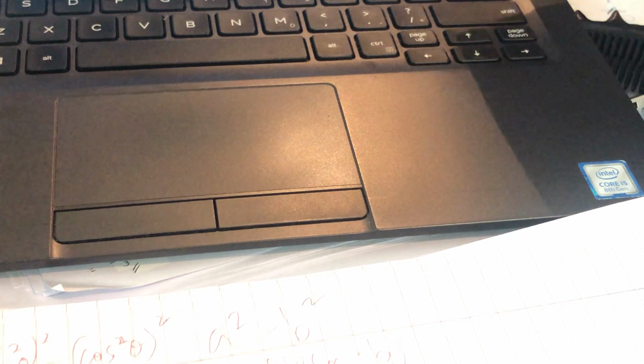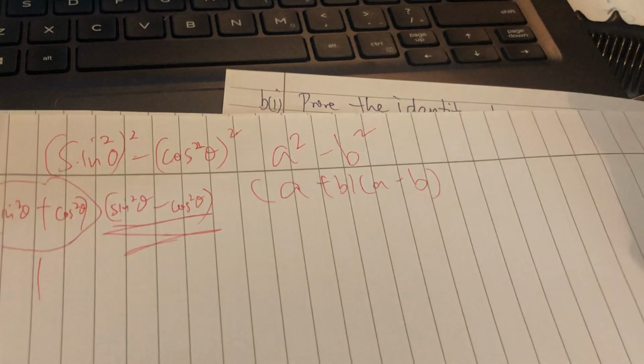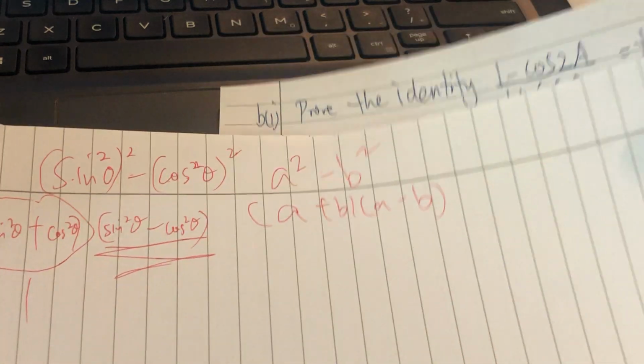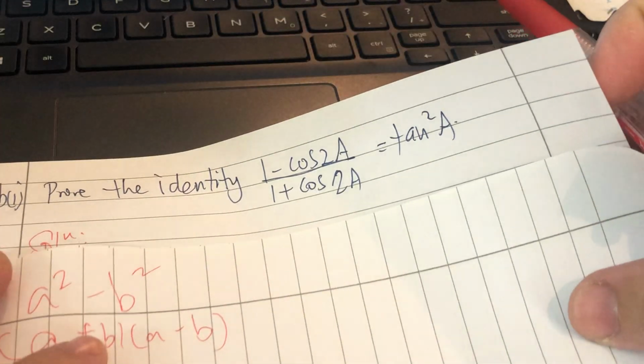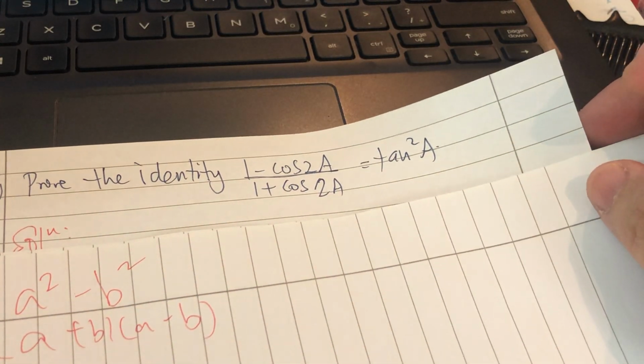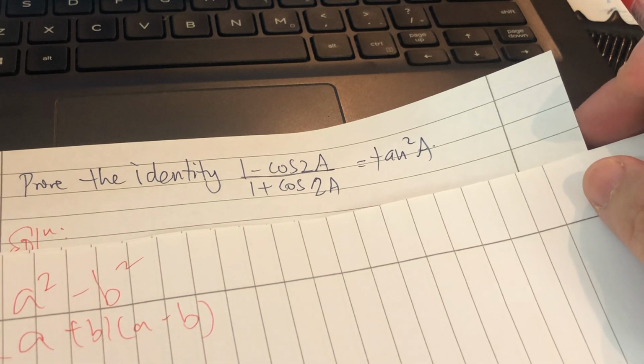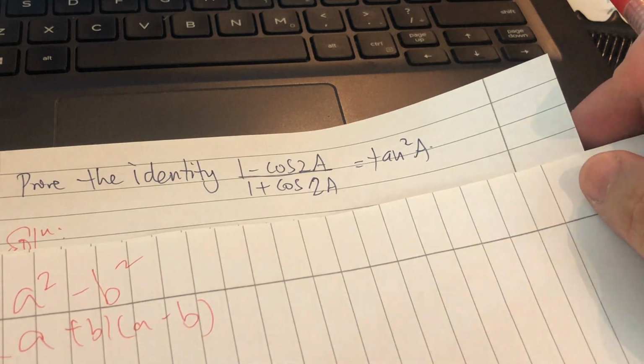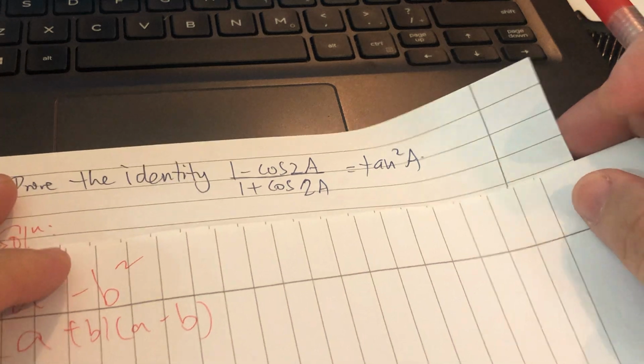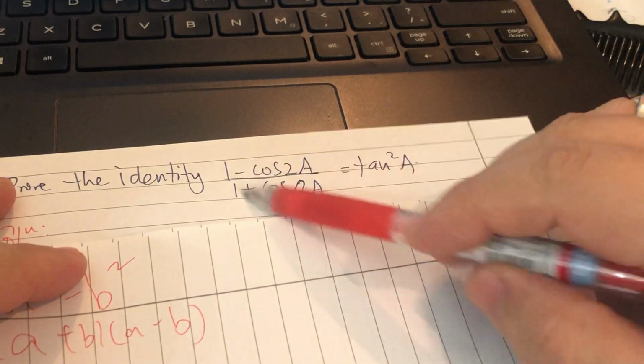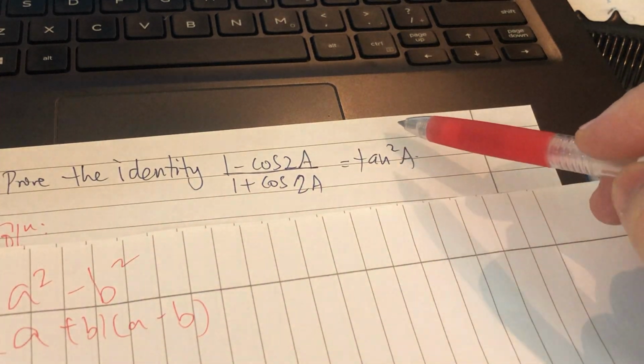I never read the question now. Okay, now prove the identity. Prove identity, you must always have the end in mind. Once you have the end in mind, everything is very simple. So you see, I want this to become tangent. Then I know that from my